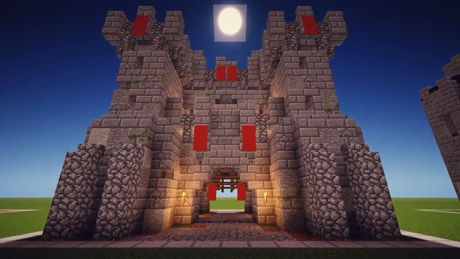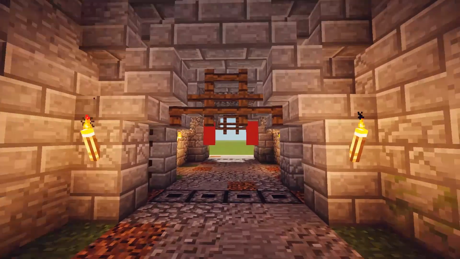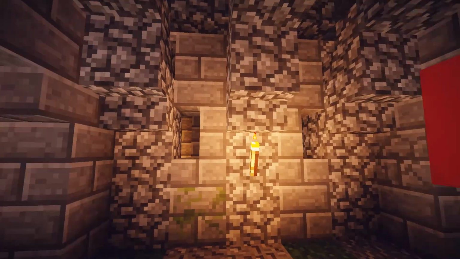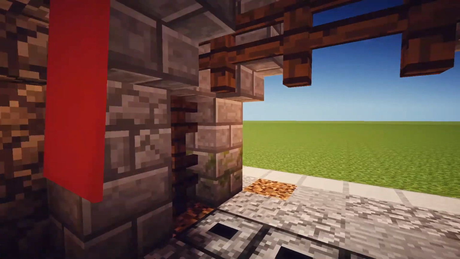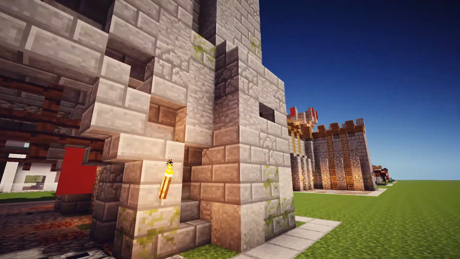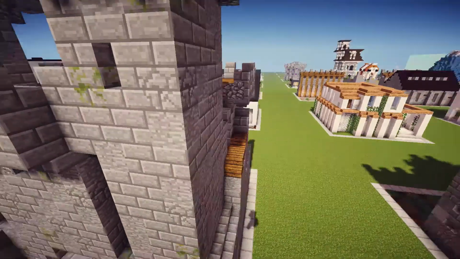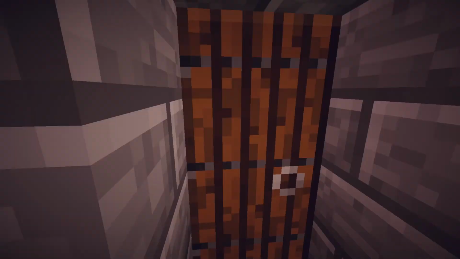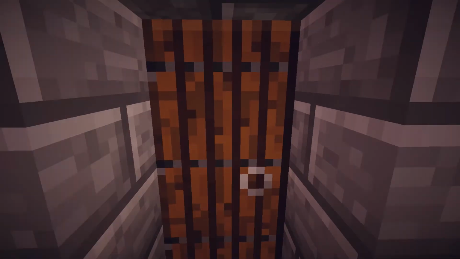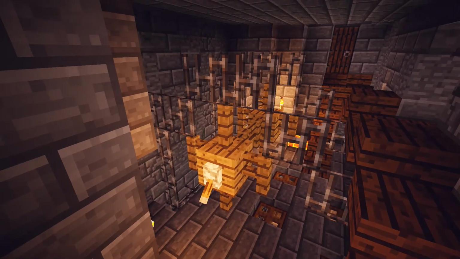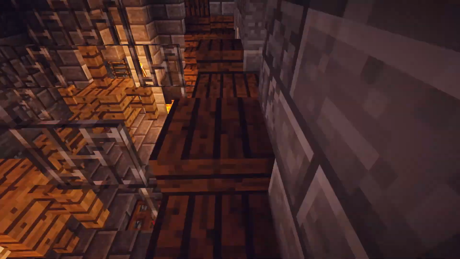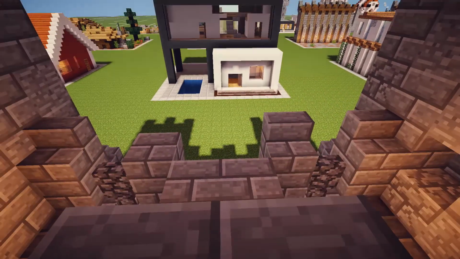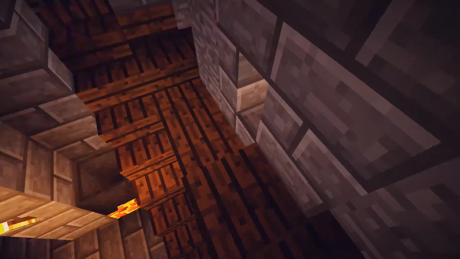It's the castle gatehouse, and the cool thing about this one is that you can be shot at when you come in here. And so on and so forth. And of course, as you can see, the wall sections will attach here. And if we go in here, there should be a fair few defensive measures. So this is machinery for the gate. You can stand here and shoot. You can